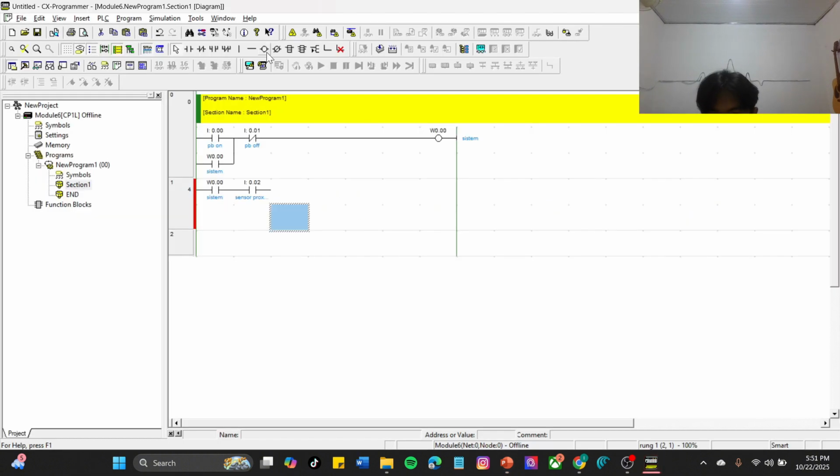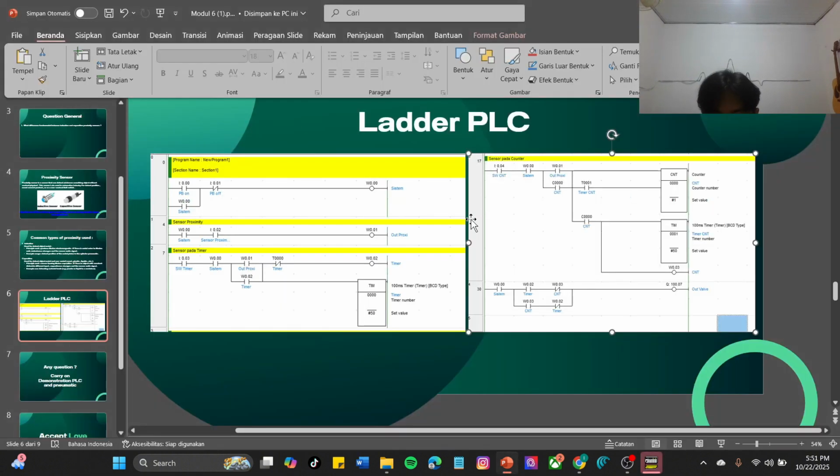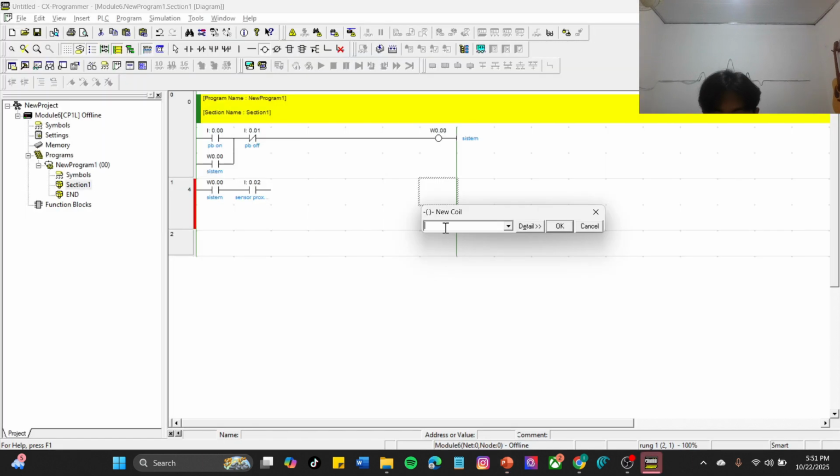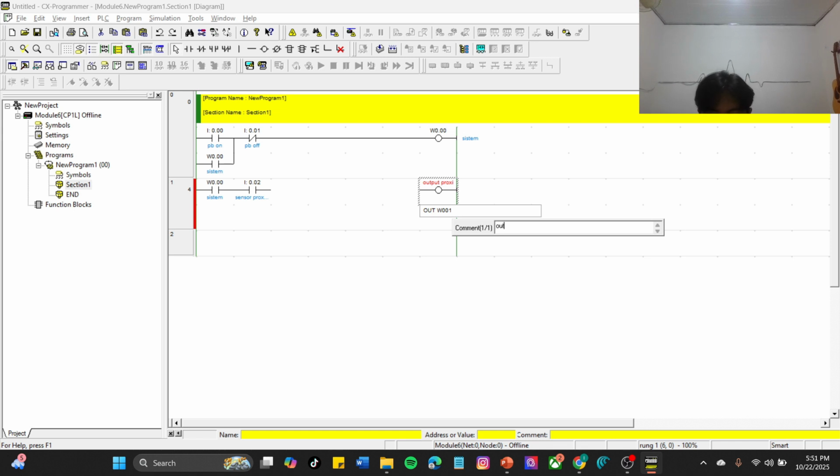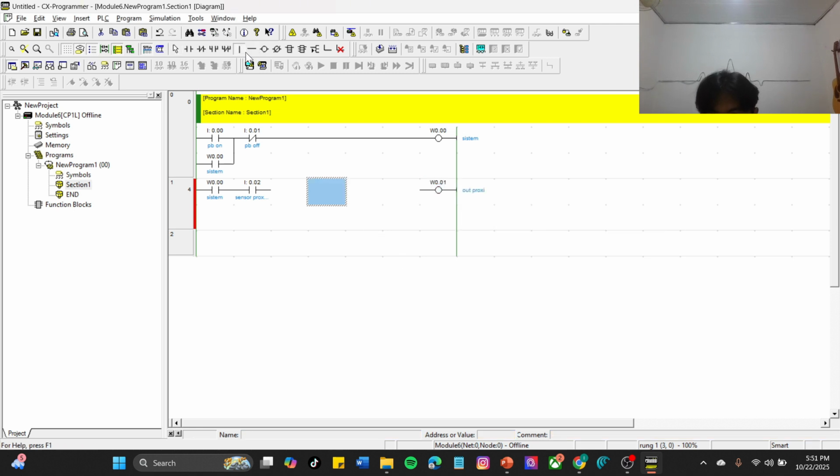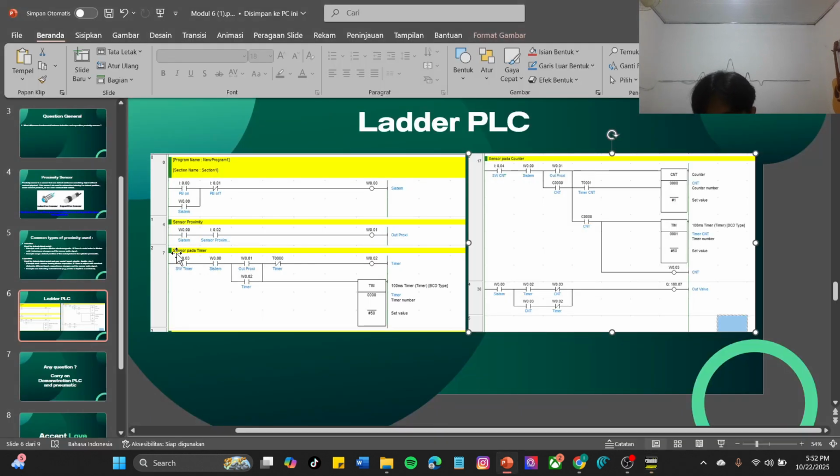And you will make the coil again for the output proxy, W001, out proxy. Okay, now you can wire in here. Done.